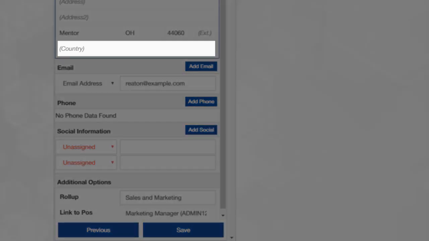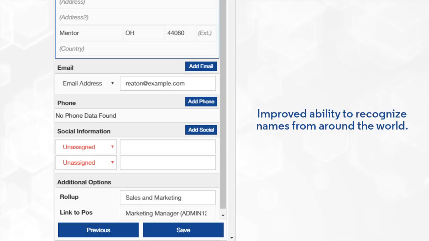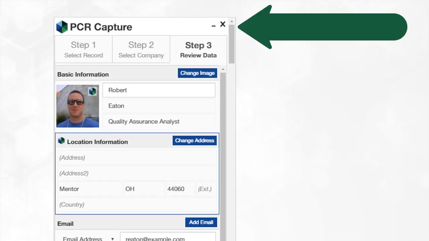You may also notice that country is now displayed on this screen. This goes hand in hand with PCR Capture 2.3's improved ability to recognize names from around the world. And lastly, we've added a minimize icon at the top, which will collapse the PCR Capture panel temporarily to give